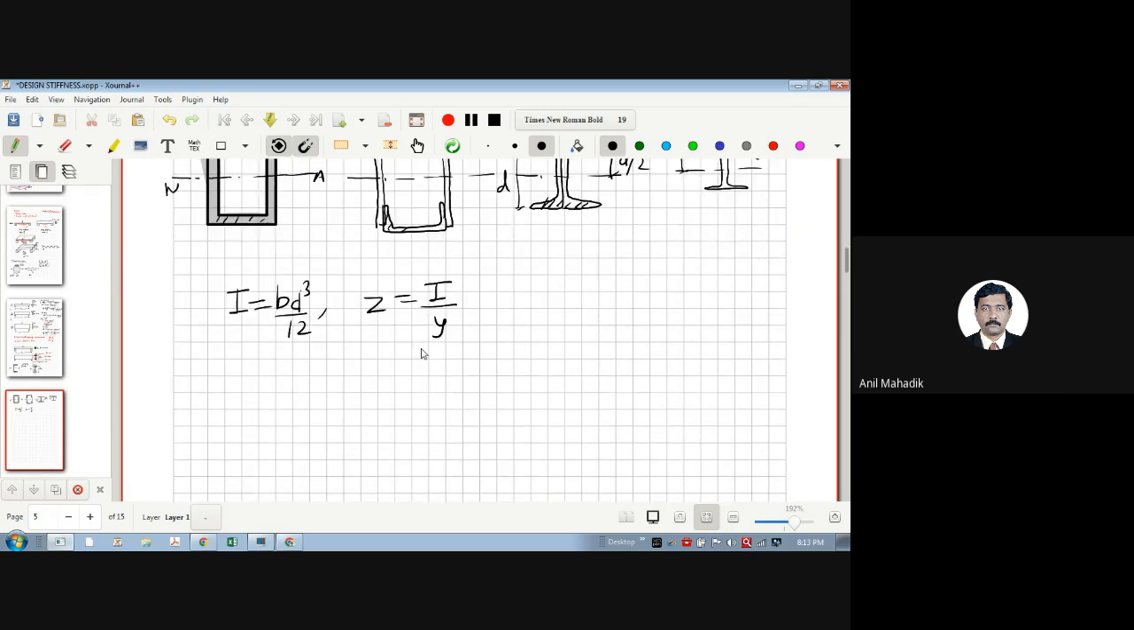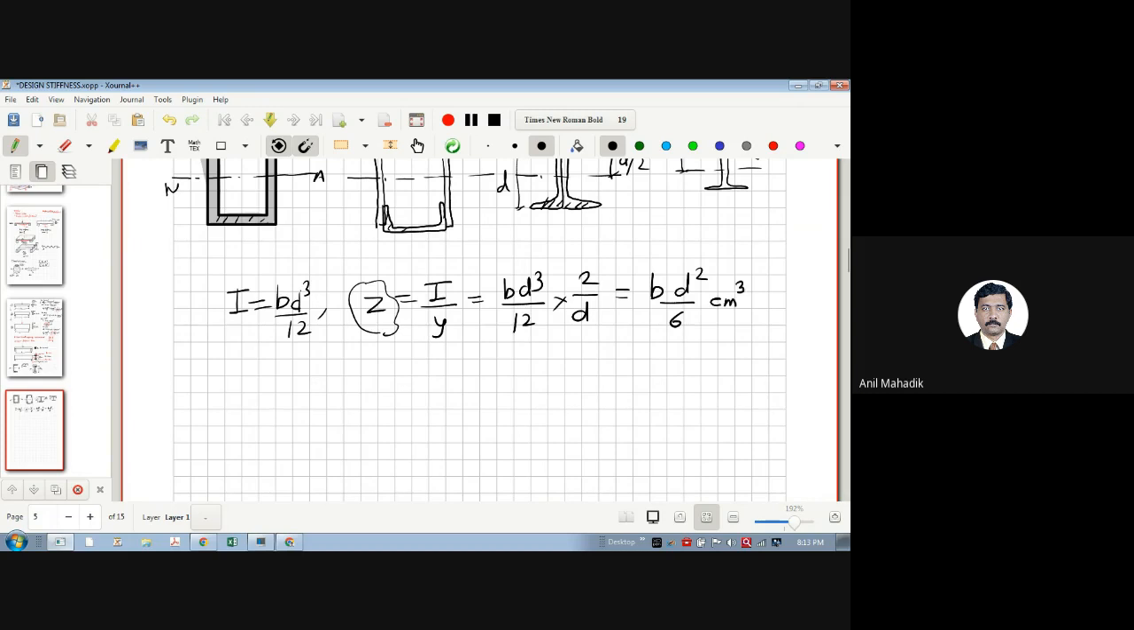Similar to rectangular section, so I is how much? BD cube upon 12. And Y is what? D by 2. So D and here I take 2. So what is the value of section modulus? BD square upon 6 for rectangular section, and whatever unit you